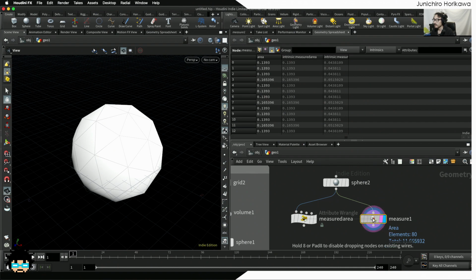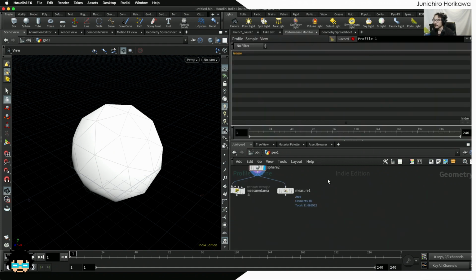In the case of the measure node, each time you use it, the area is recalculated, so there is some calculation time going on. If you have tons of polygons to calculate, this will take a lot of time